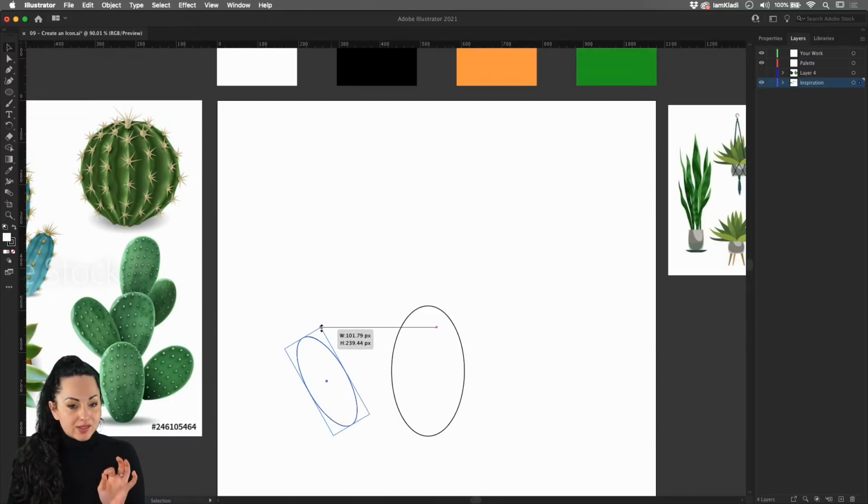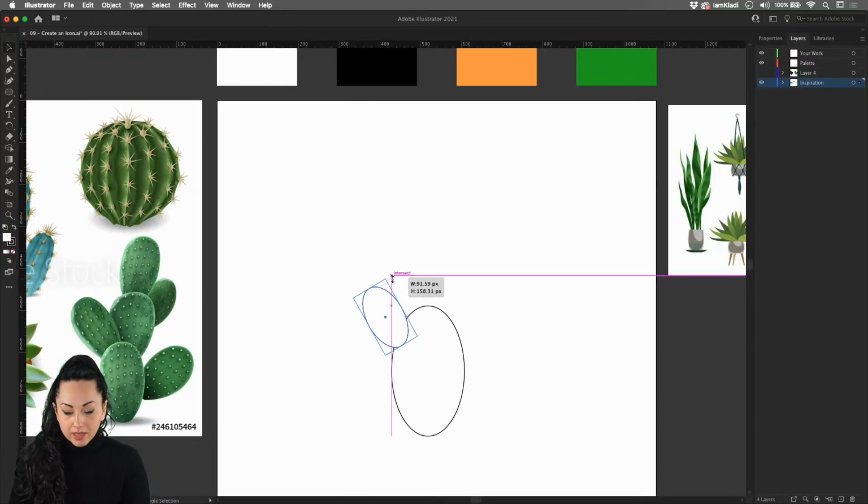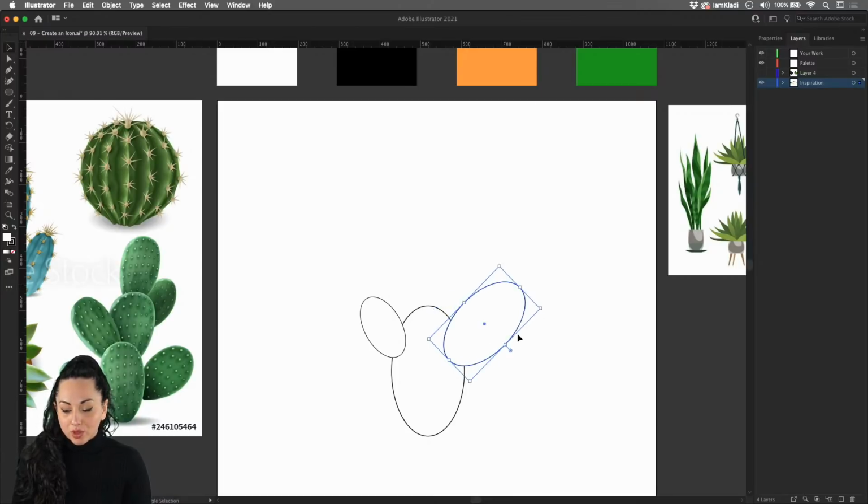If you want to resize it proportionally, making sure that you are using exactly the same shape in just a different dimension, you will have to hold the Shift key, because that will allow you to create a different shape, but of the same proportions, just like so. And again, you can keep holding the Option key while you drag to create multiple copies of this shape, just like so.